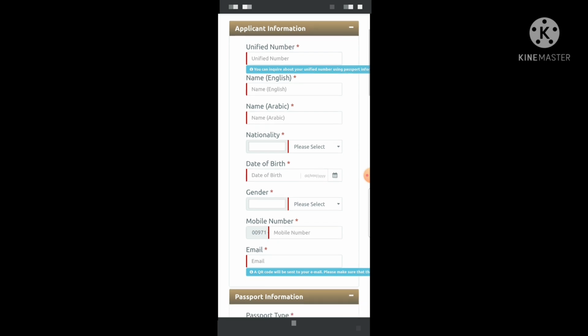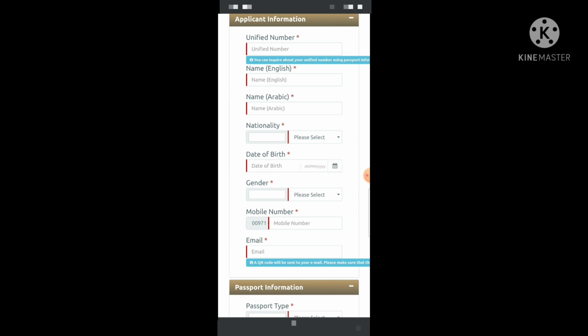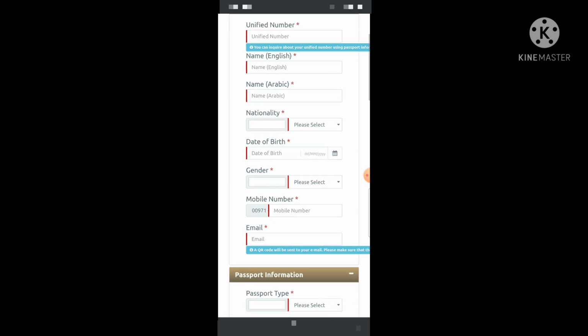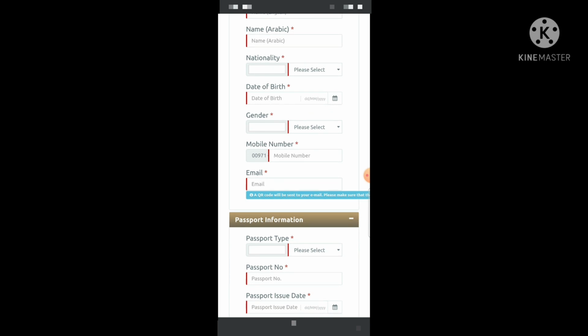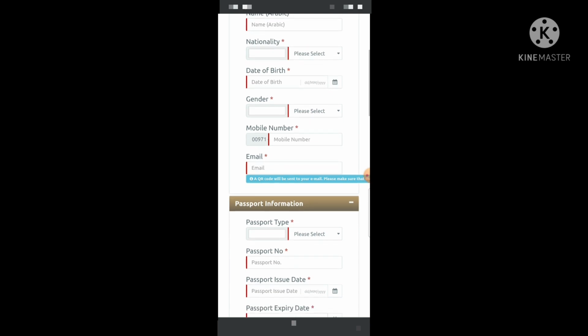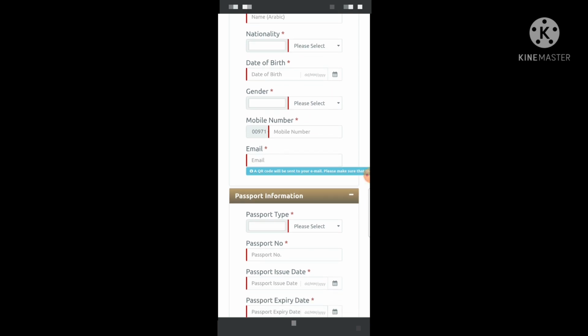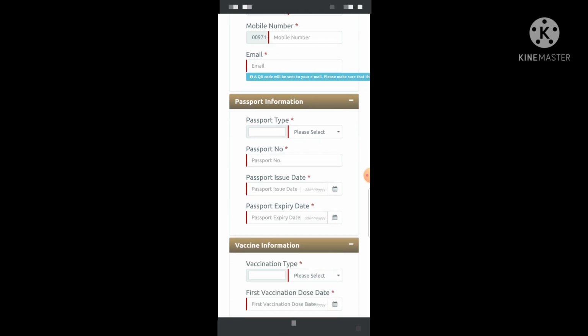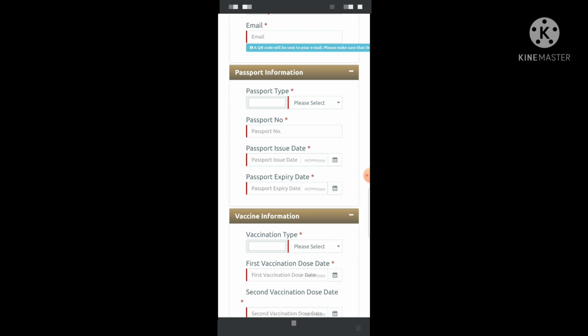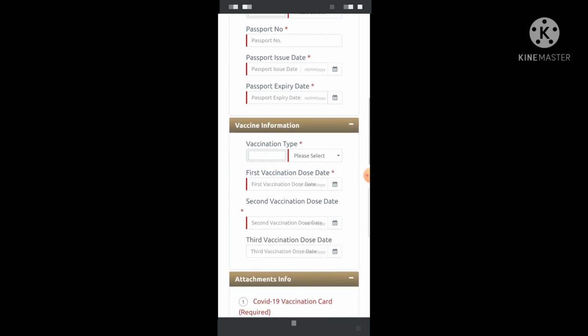It's very easy. Then you have to enter your name, your Arabic name, which will come automatically, your nationality, date of birth, gender, of course your mobile number, which is also important, and the most important thing is your email. You have to write your valid passport. It's very easy, you can do it by yourself.